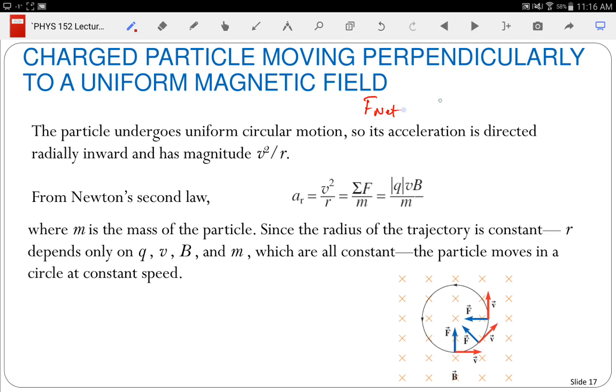So force net is equal to QvB. But according to Newton's second law, the force net should be equal to mass times centripetal acceleration, which is mv squared over r. So now I can solve this to find something like what's the radius going to be as a function of these other variables. So if I solve this for r,